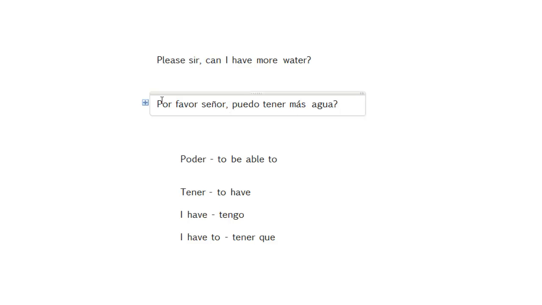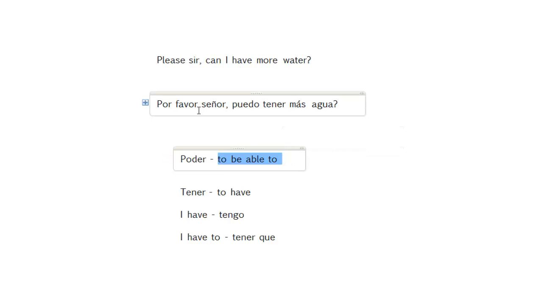Now, in Spanish writing, they put a question mark, an inverted one beforehand and one after. It's a little curiosity. I always forget it, but don't worry about it. They haven't killed me yet for forgetting. Now, I'm telling you these two verbs because you're going to use them a lot. This gives you the ability to say I can, I am able to.